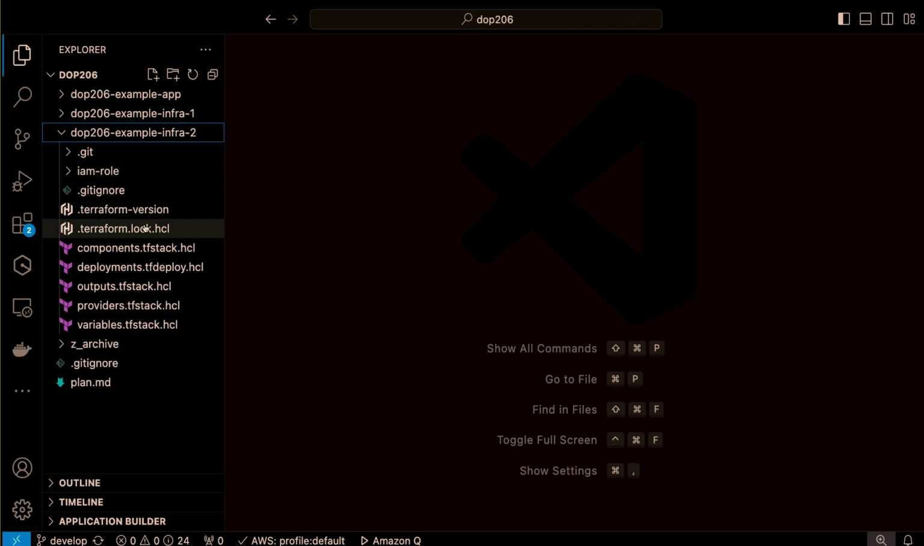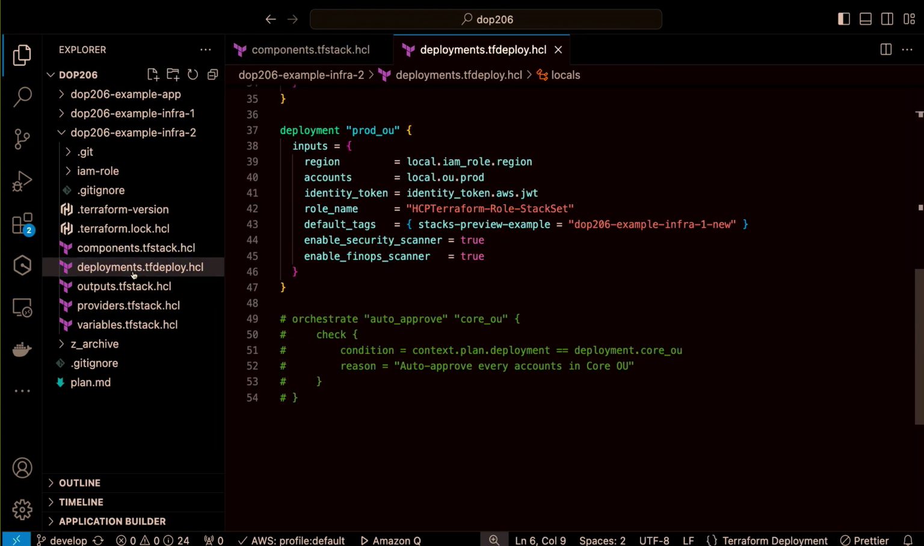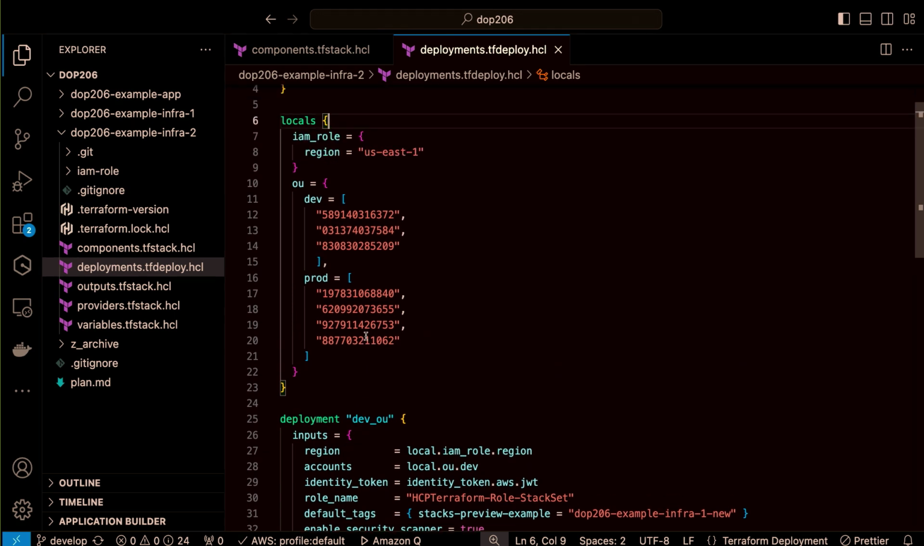On my second demo, everything looks the same. My components, nothing changed. It's exactly the same copy. I'm still using the same IAM role and everything else. My deployment, now things get a little bit more interesting. I can use local, so I'm going to use local, specify the regions, etc. But also specifying like this map of OU for dev and productions, and then have like a list of accounts